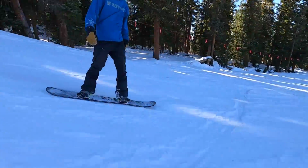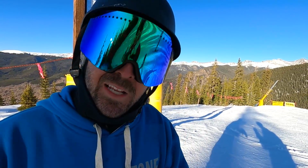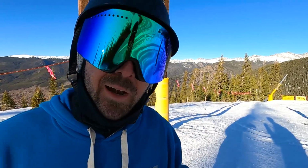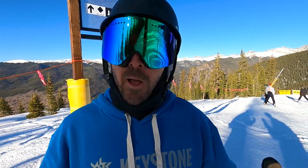We got a few park laps in, and it does feel pretty good in there, but honestly, it's a little bit stiffer than I would like personally. So that took a little bit of getting used to. As a bonus though, I was able to hang on to the rails a bit better if I leaned into the tips. I think this would be a pretty solid jump board as well,